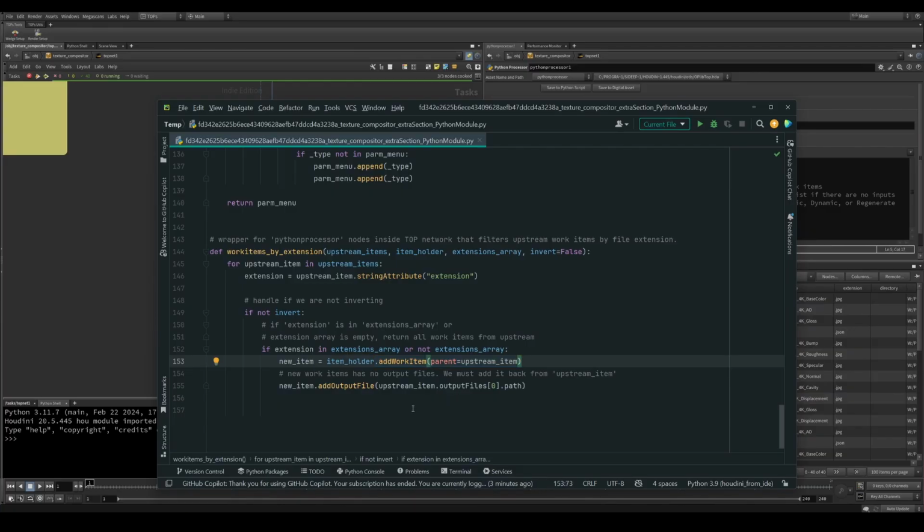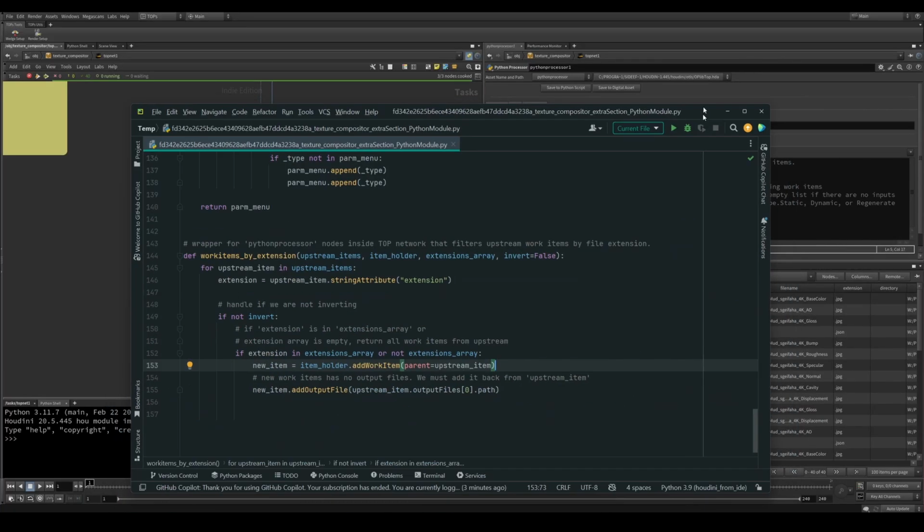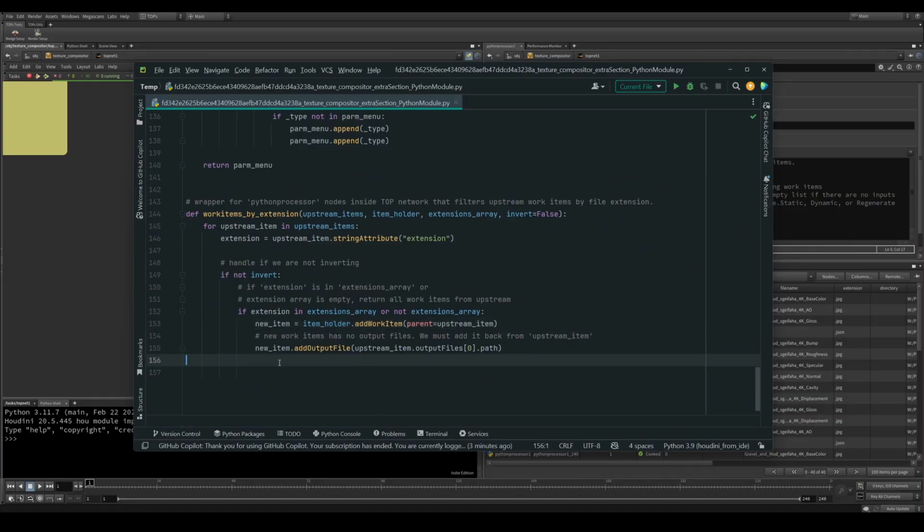And one thing to note is that the work items that are going to be created will not have any output files, and it is very important for us to keep the output files of the incoming work items. So we have to go ahead and add them manually. For the new work item, we're going to add an output file, and from the upstream item we call the output files property, we get the output file, and we have a property of the path, which is a string value of the output file of that work item. That's going to make sure that we are